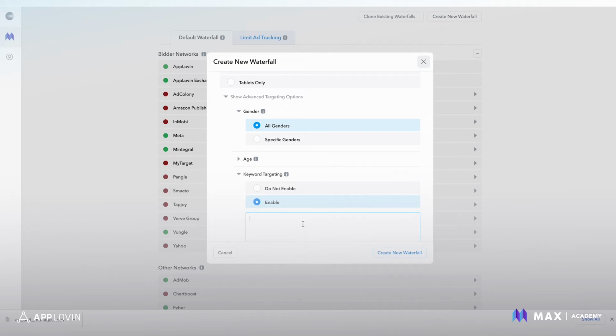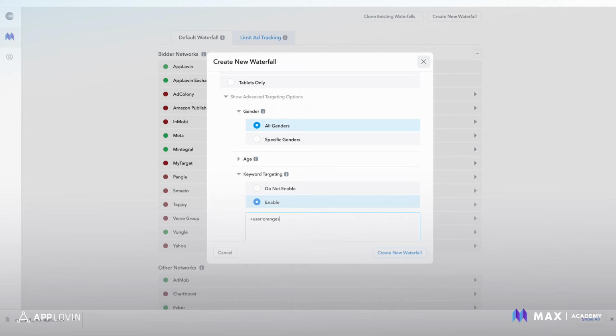So keyword targeting needs to be done as a key value pair. A key value pair is really just a word, a colon, and another word. And it would need to match exactly how you're passing it up through the SDK. Also, if you want to target a specific user group, you'll hit plus. We'll say user:oranges, indicating that I'm trying to target my orange eating users.